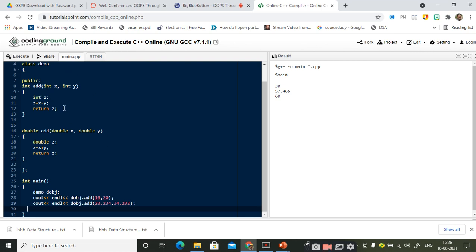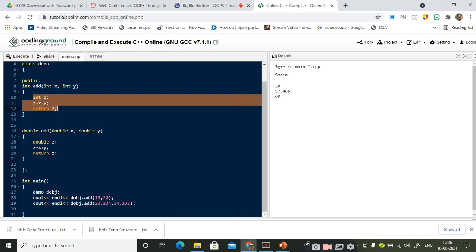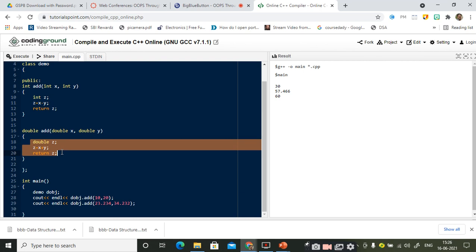Both of them are taking 2 variables as the input, right? And all the instructions that are present inside the body of the functions are almost similar except with the data type. Am I right or not? The first function is accepting the integer values and it is going to return the integer value, and the second function is almost similar, every statement is similar, but it is going to accept 2 double values and it is going to return the double value, right?